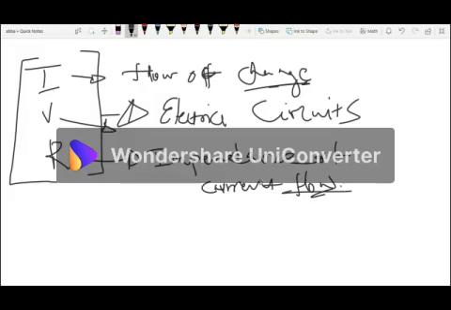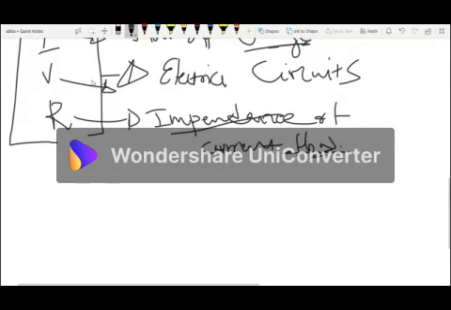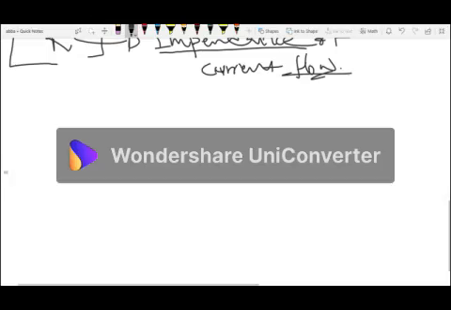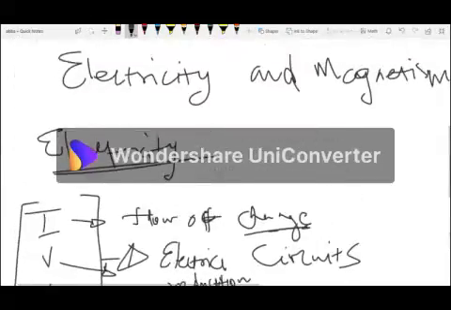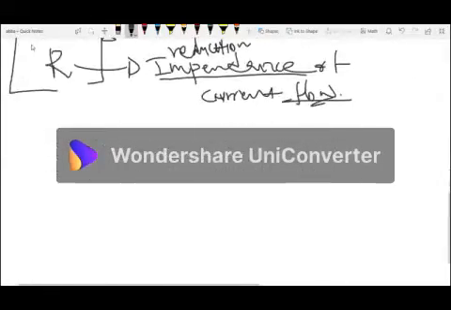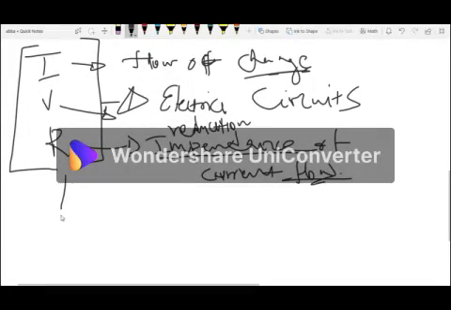When we talk of impedance, this is where we talk about apparatus that reduce. Then instead of saying impedance, we can say the reduction of current flow, right? So now with electricity, all these three variables make up what we call Ohm's law,